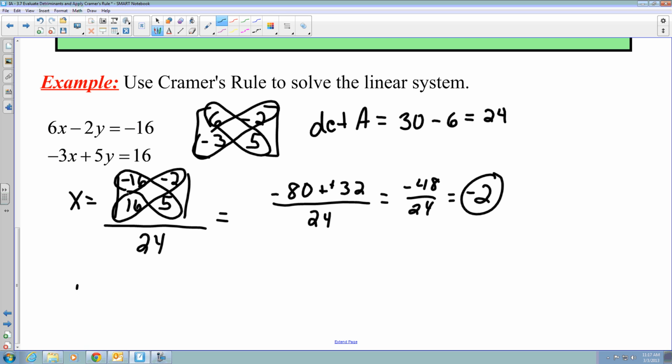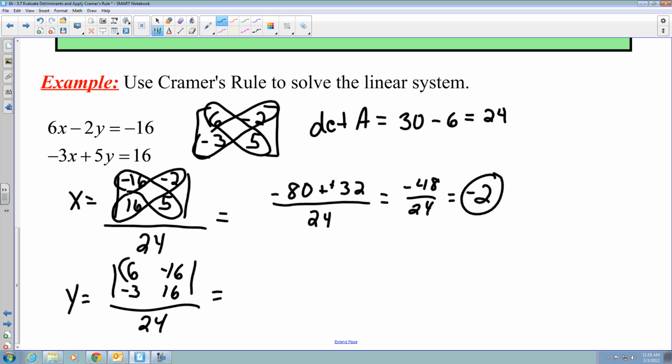If I wanted to find my y, again, I'm going to take the determinant of my matrix with my constants on the y coefficient column. So I'm going to rewrite this as 6 and negative 3, because those are my x. And then my constants will be negative 16 and 16 here, all divided by the determinant of A, which was 24. So I need to find the determinant of